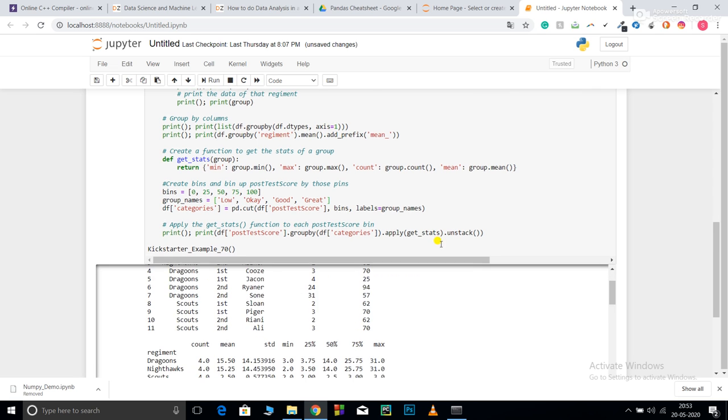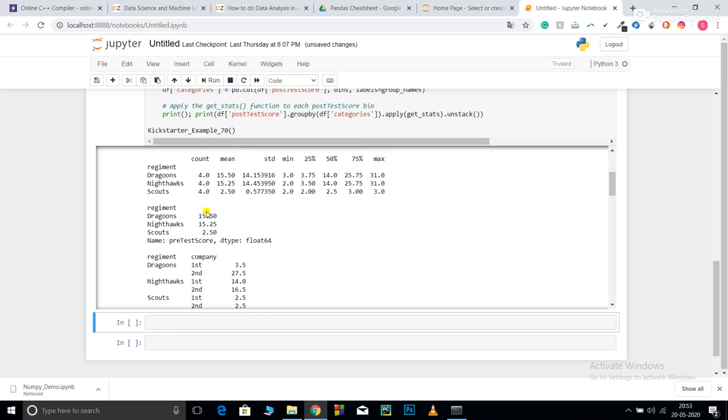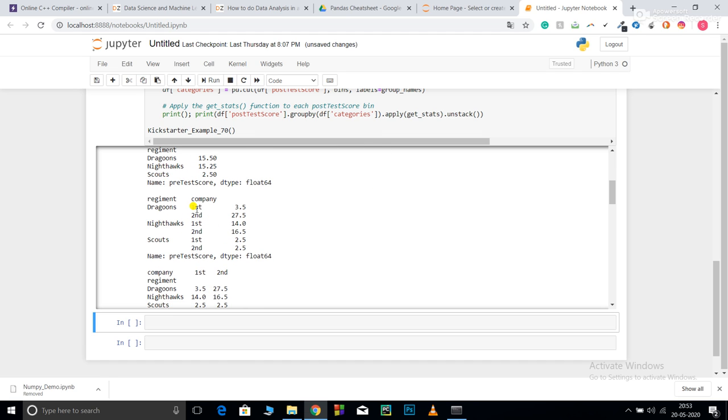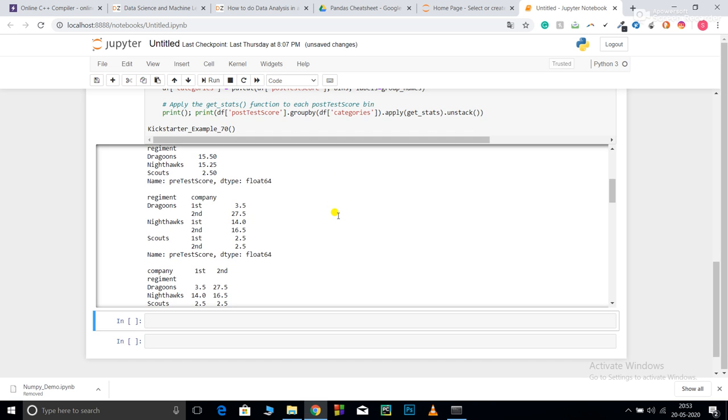Now this was my data frame. As I told you, .describe gives me count, mean, standard deviation, minimum, 25% of the values, 50, 75, and maximum. After that, this calculated the mean for me. Sorry, this was with hierarchical indexing. So this is what hierarchical indexing means.